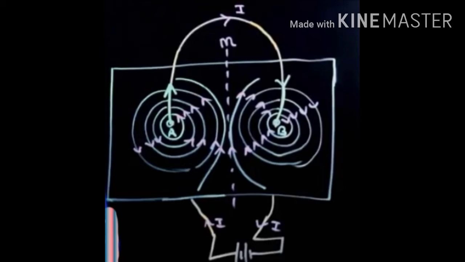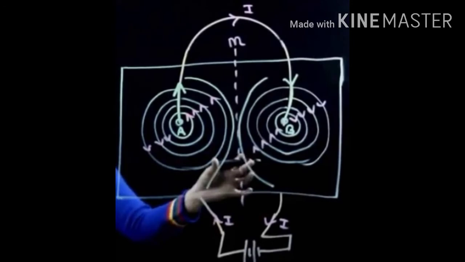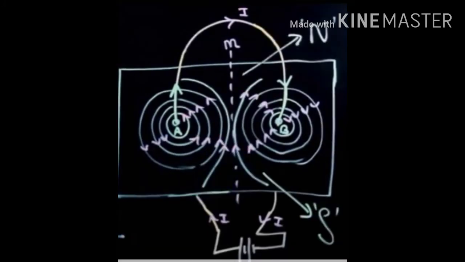Now here also, same thing. Just look at here, this line is pointing outside, the arrow is pointing outside. Outside means if the arrow is pointing outward, that is the north pole, and this is our north polarity. Clear? Similarly, this other arrow is pointing inside. If it is going inside, that is our south polarity. This way we can identify the polarity.